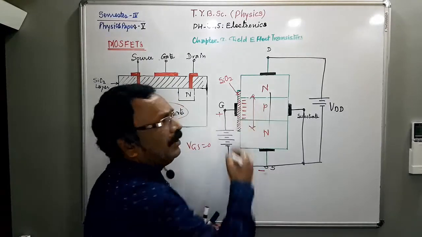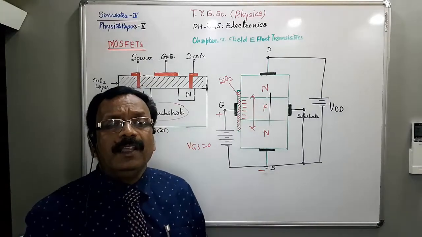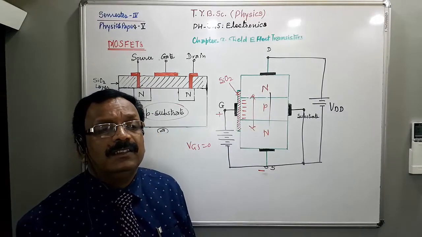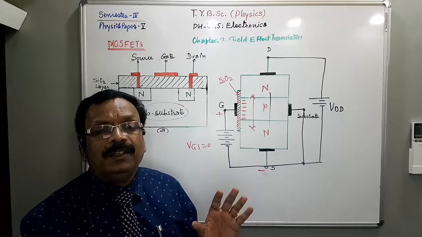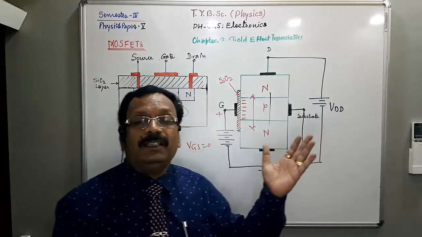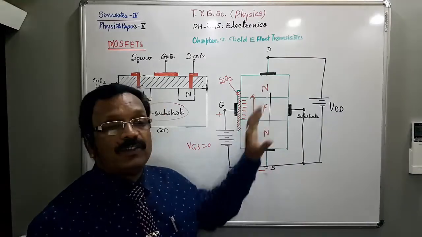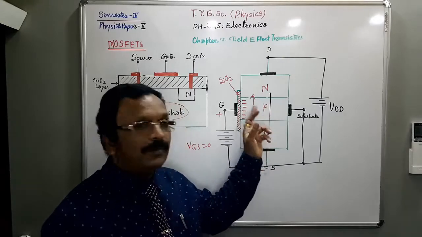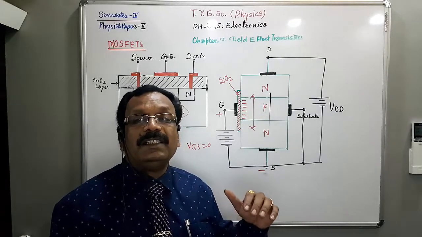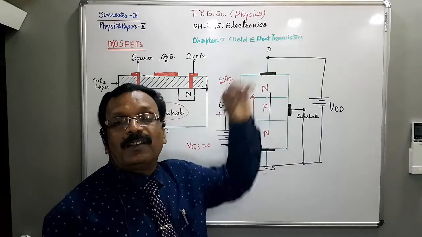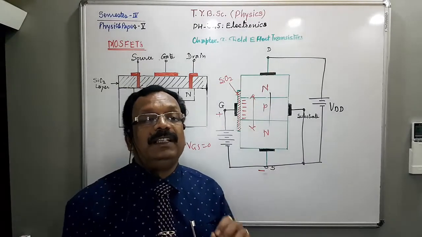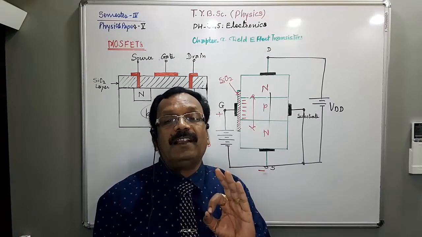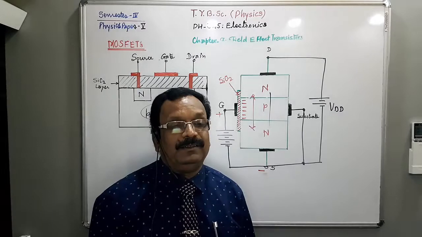Negative charges. These are the negative charges induced here. The negative charge thus produced on the P type substrate consists of free electrons. When the gate is positive enough, it can attract a number of free electrons, and this forms a thin layer of electrons, which stretches from source to drain. This effect is equivalent to producing a thin layer of N type channel in the P type substrate.